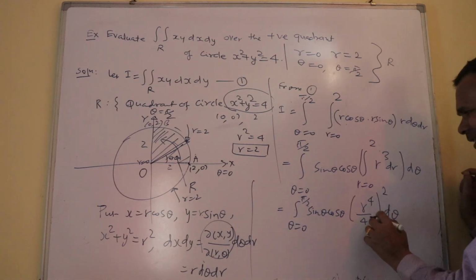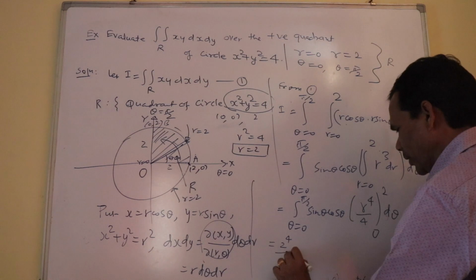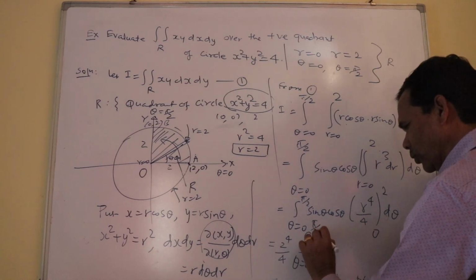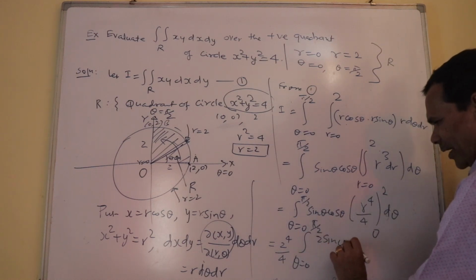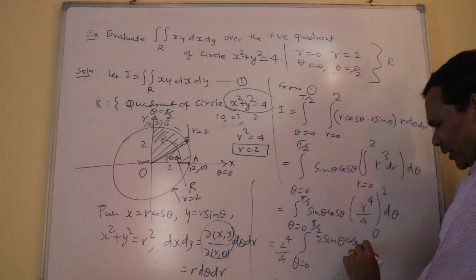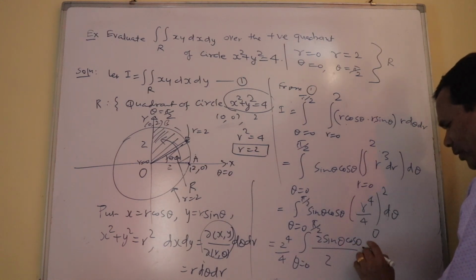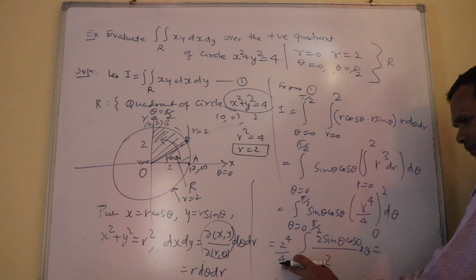So you are getting 2 raised to 4 divided by 4, and theta 0 to pi by 2 sin theta cos theta. So I multiply and divide by 2: sin theta cos theta divided by 2, d theta. And further simplification, 2 raised to 4 is 16 upon 4,